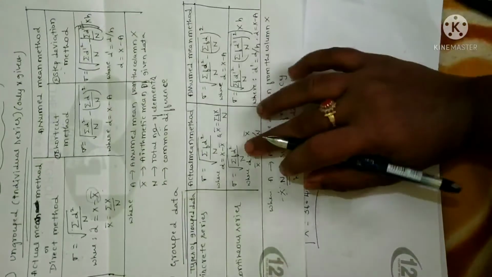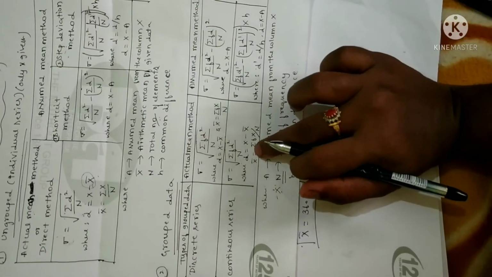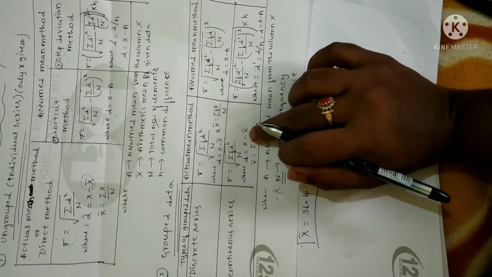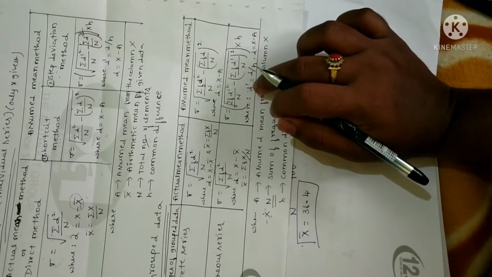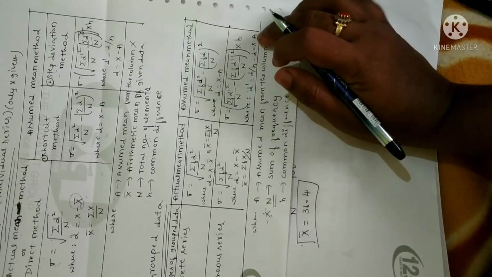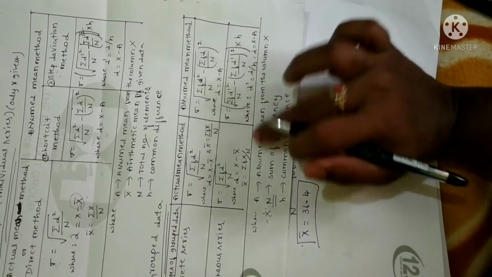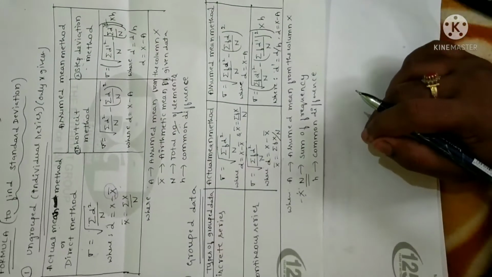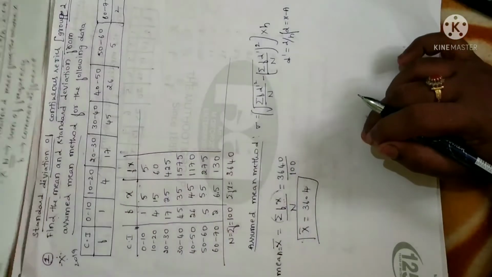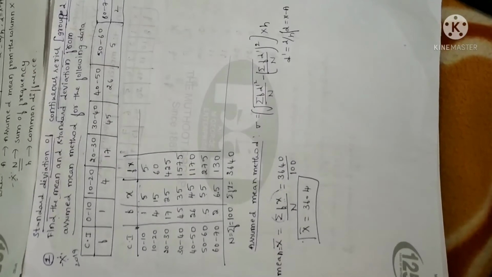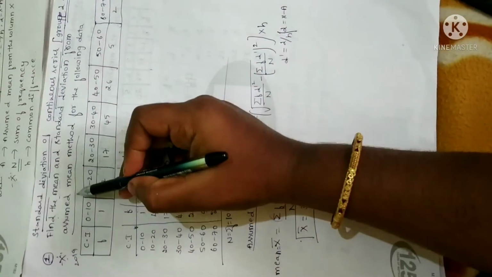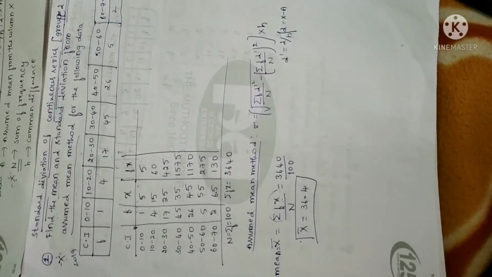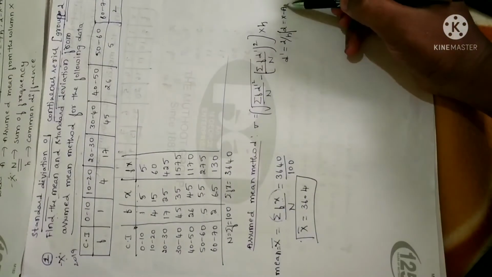See here. In the actual mean method, d will be calculated with reference to the mean, that is x minus x bar. Whereas in the assumed mean method, d will be calculated with reference to the assumed mean, that is a. d is equal to x minus a. That is the reason I have mentioned d clearly in both formula lists. So please go through the formula list clearly. Fine. Now, in the question, it is clearly mentioned that we have to use the assumed mean, so d will be calculated with reference to the assumed mean only. So d is equal to x minus a.